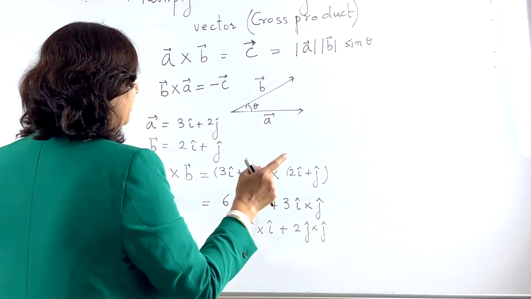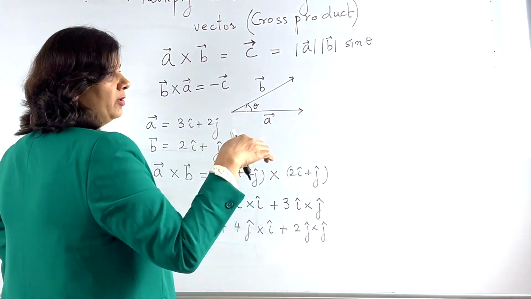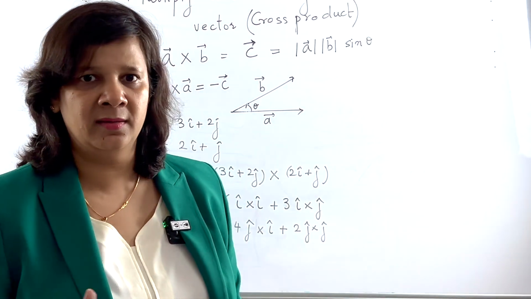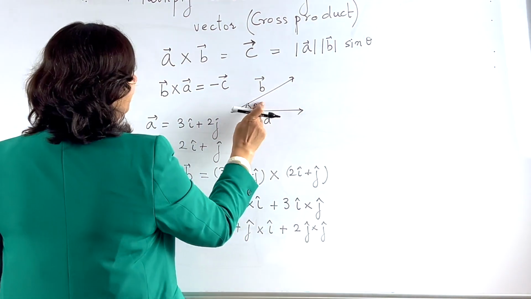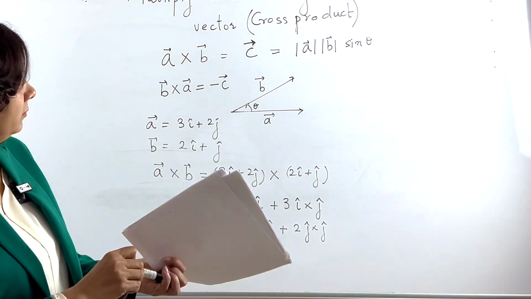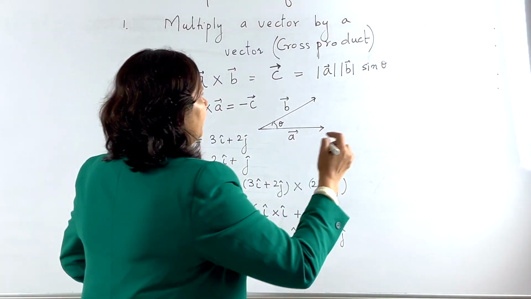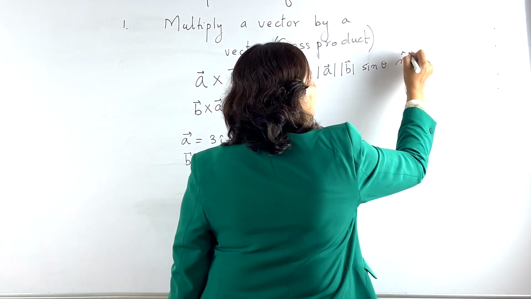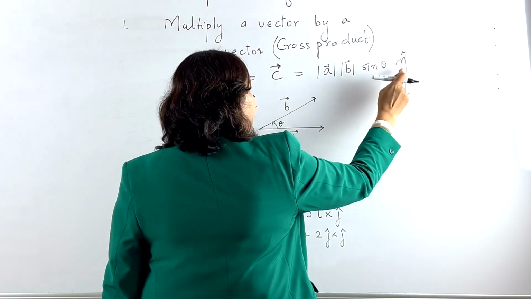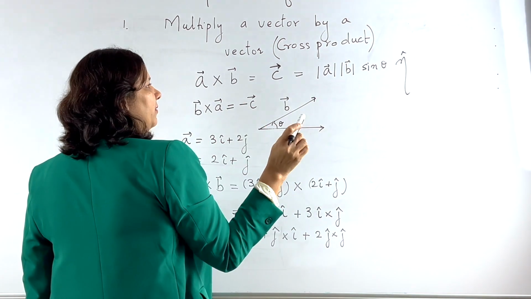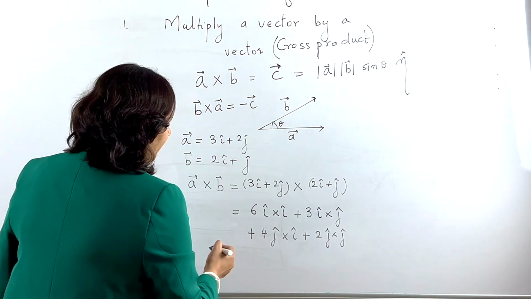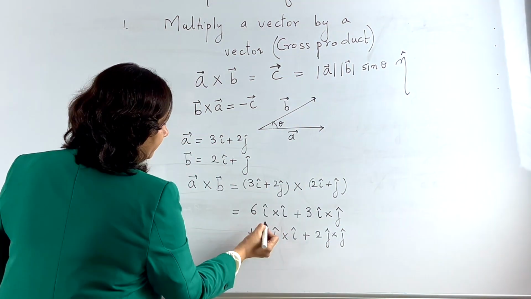But in case of sine, you cannot take the bigger angle because that will give you 360 minus theta, which will give you an additional minus sign. So you have to take the smaller angle between these two vectors. Okay? Here we also have to add a direction n hat, where n hat gives you the direction of vector C and is perpendicular to the plane of vectors A and B. Okay. Now using this definition,